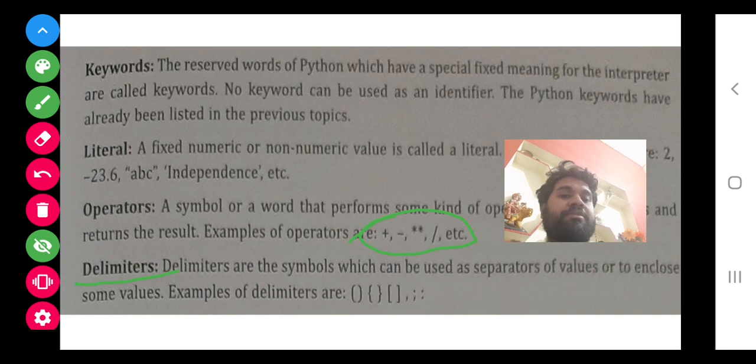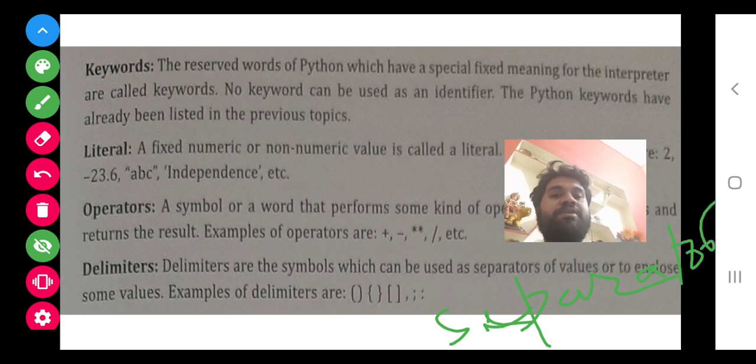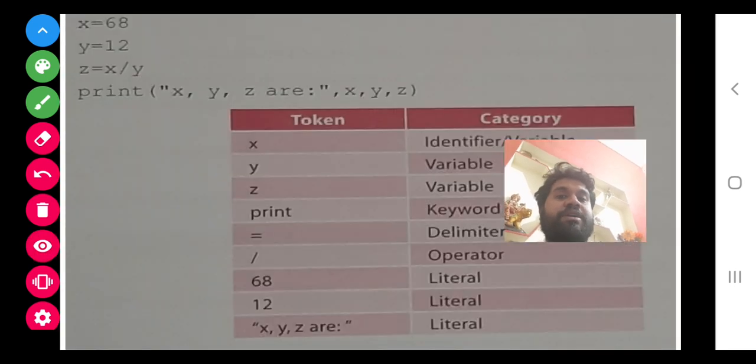Under delimiters, bracket is there, curly brace is there, square bracket is there, comma, colon, semicolon, these all are separators. So we can also call these delimiters separators. So class, let's move to our next topic.